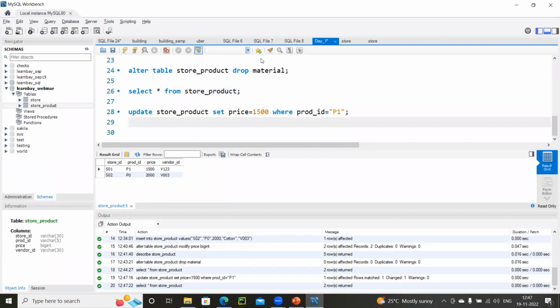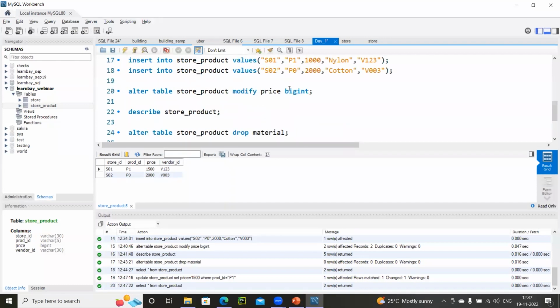Now coming to the question of Devendra. Alter and update, how can they be the same? See, when I'm doing an update, I'm basically modifying the records inside the table, right, Devendra? Whereas when I do an alter, I'm modifying the schema of the table, the structure of the table. The change using alter will be reflected to all the records in the table.